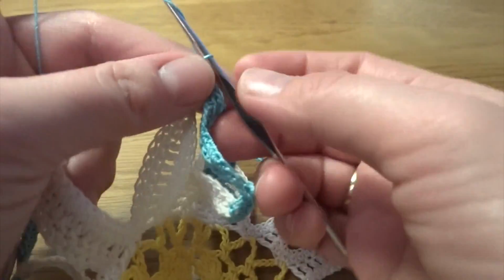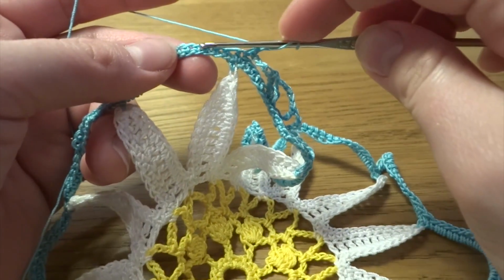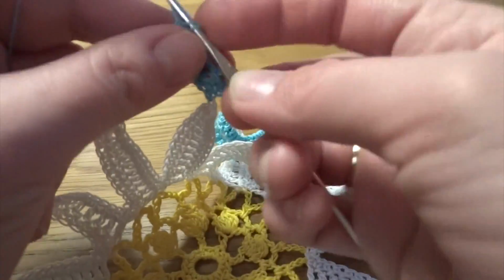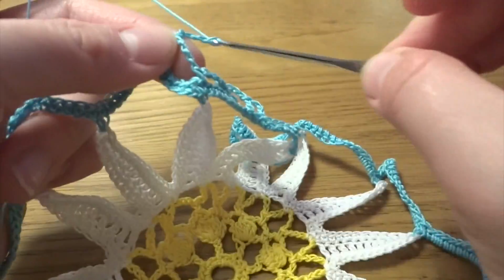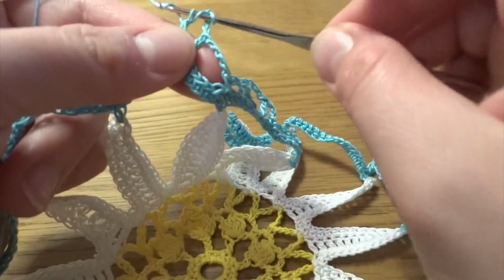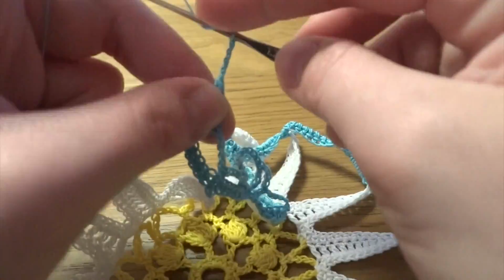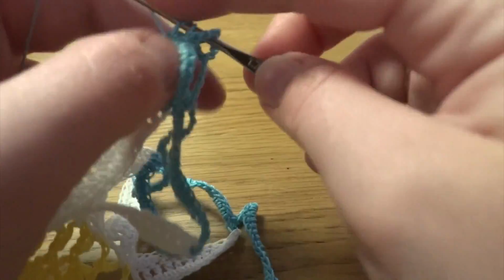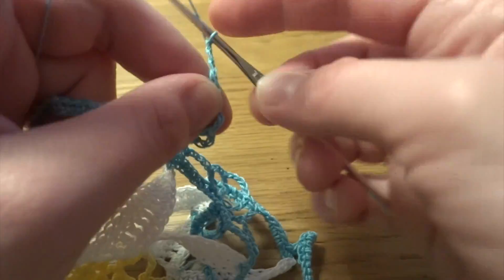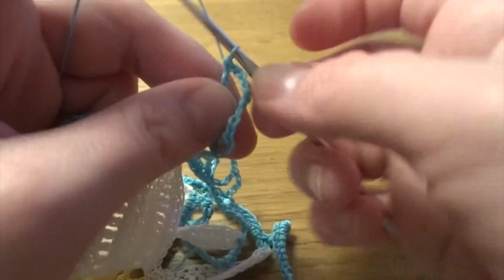And again chain of 4, we need to skip 1, 2, 3, 4, 5, 6 and into the 7th stitch double crochet, chain of 3, into the 8th treble crochet, chain of 5, then treble crochet into the same stitch, chain of 3, double crochet into the next one, chain of 4,